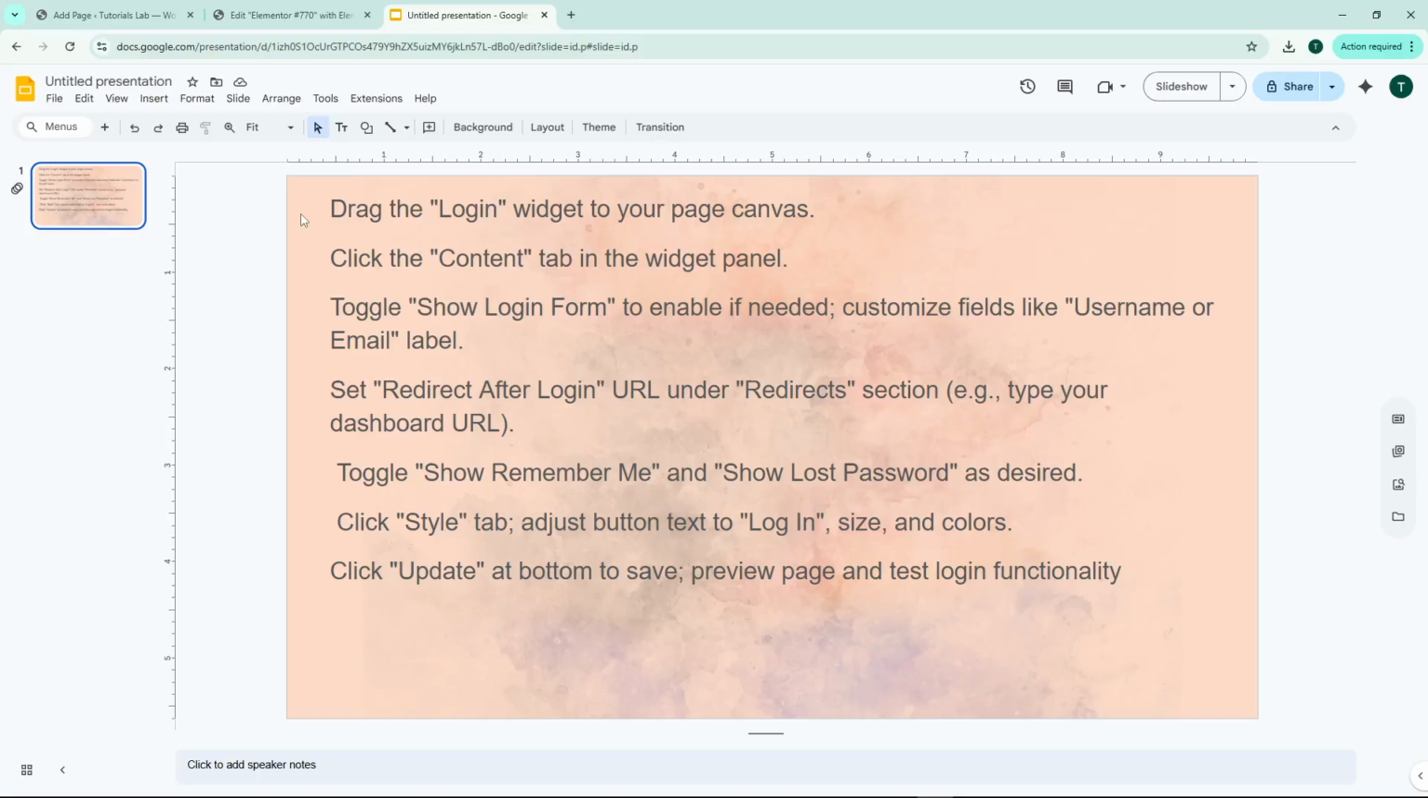Now, let's make your login button look polished and professional. Click on the Style tab at the top of the widget panel. Here, you can adjust the button text to something like Login and customize the size, colors, and typography to match your website's design. Take your time here to ensure the login form fits seamlessly with the rest of your site's aesthetic. Once you're satisfied with all your customizations, click the Update button at the bottom of the Elementor interface to